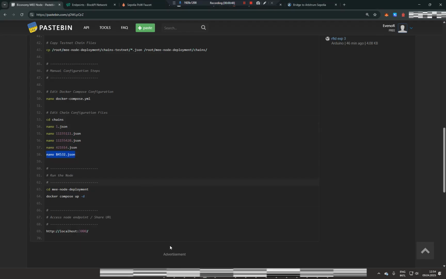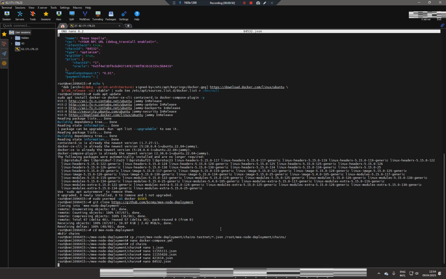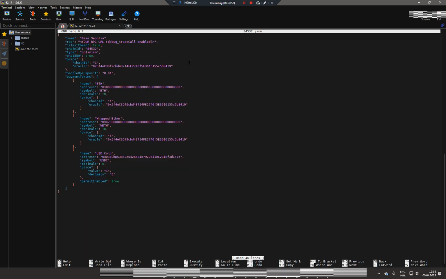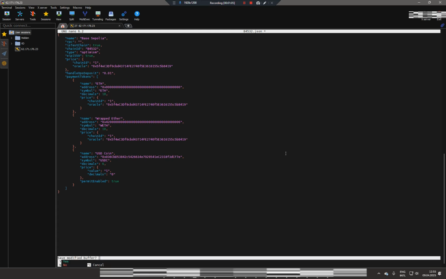And here you need to paste your Base Sepolia RPC. So you just delete this text, paste your RPC here with the right click button, and then press Ctrl X, Y,